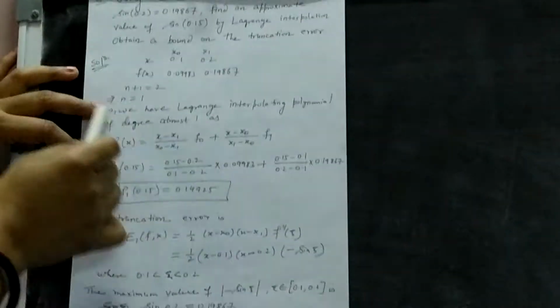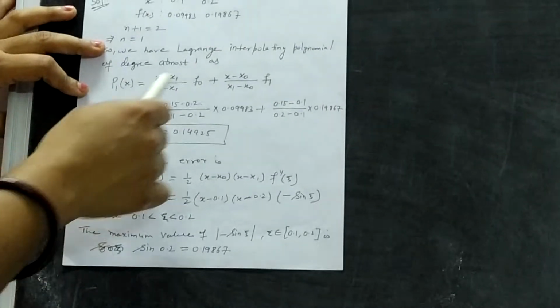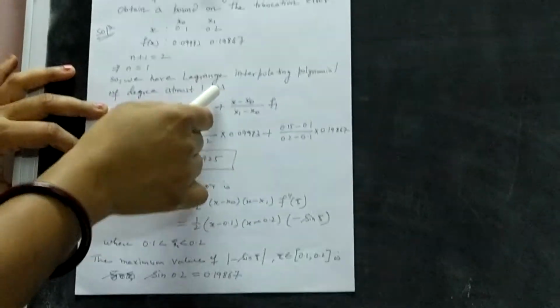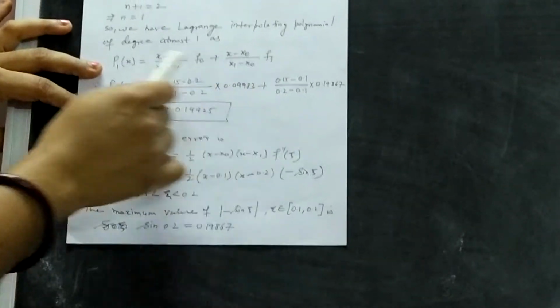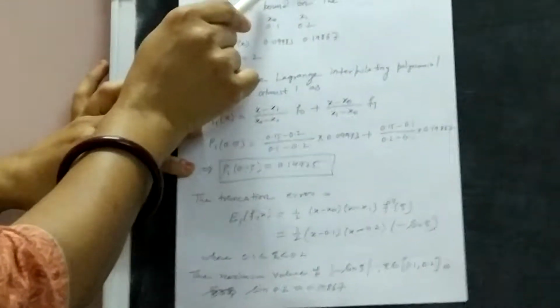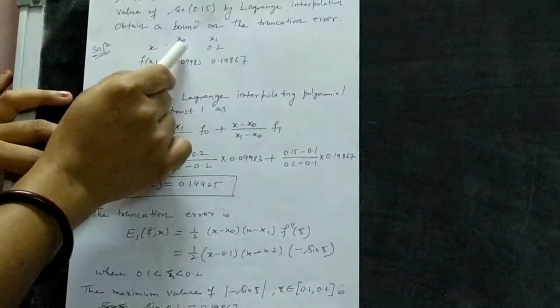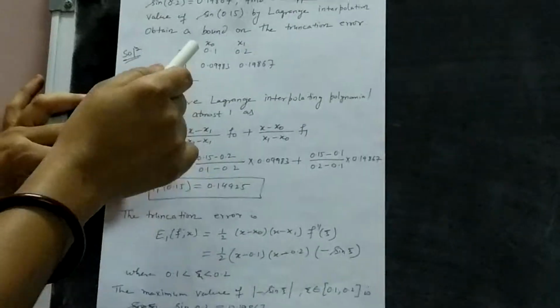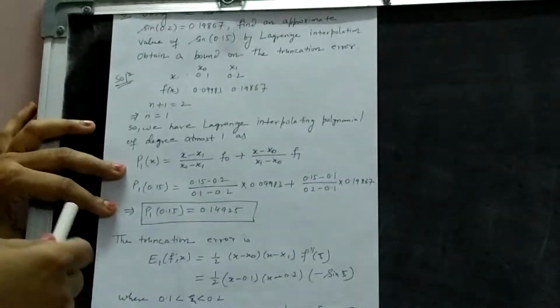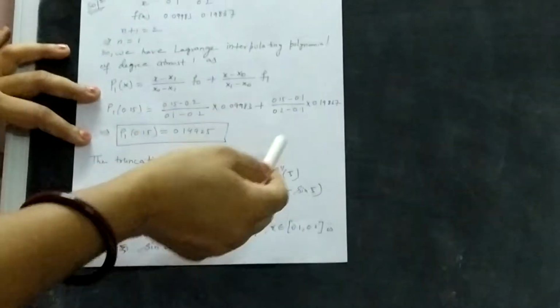If we are going to have a Lagrange interpolative polynomial, it will have the degree at most 1, and we know the formula for that. So this is the formula, already we have seen many times. And once we have obtained this polynomial, we have been asked to find out sine 0.15. So 0.15 lies in between 0.1 and 0.2, so it is a well posed interpolation problem. In this we can substitute 0.15 on both sides and compute it using the calculator.